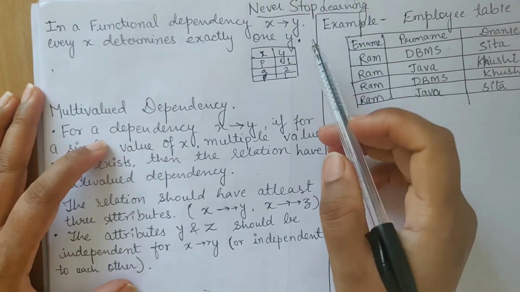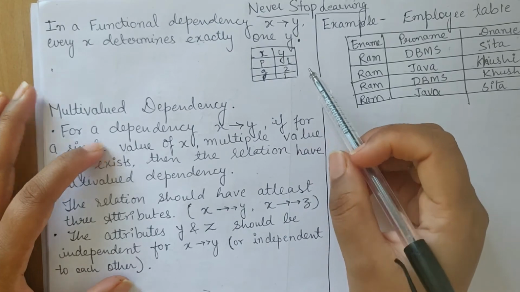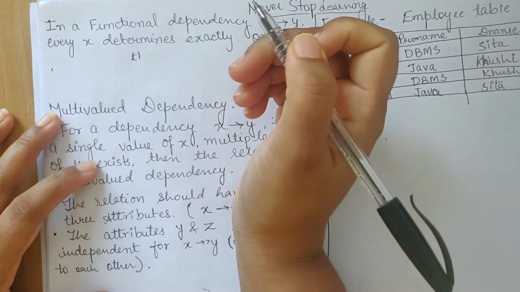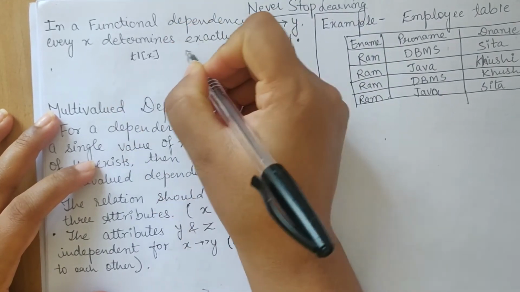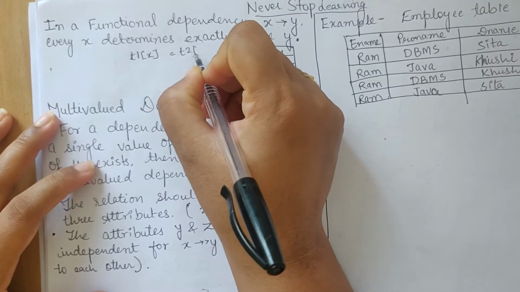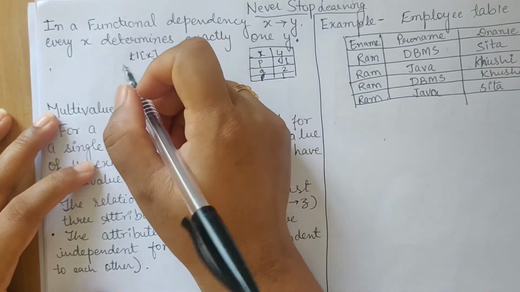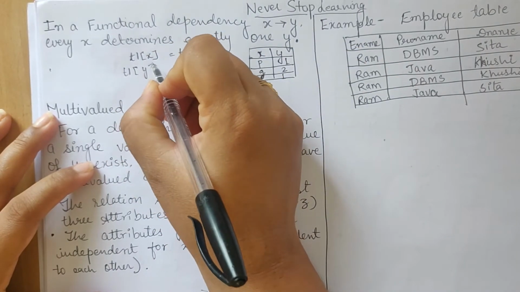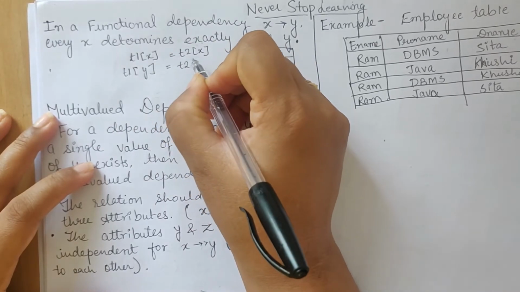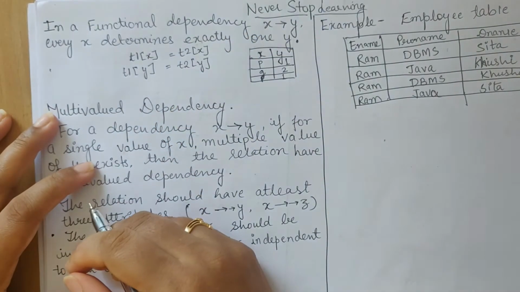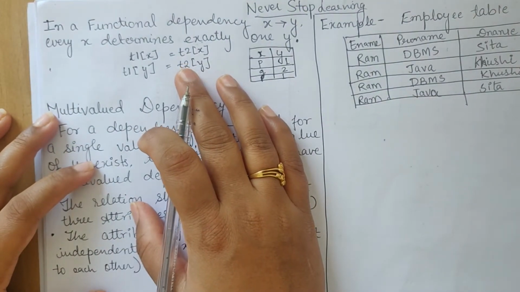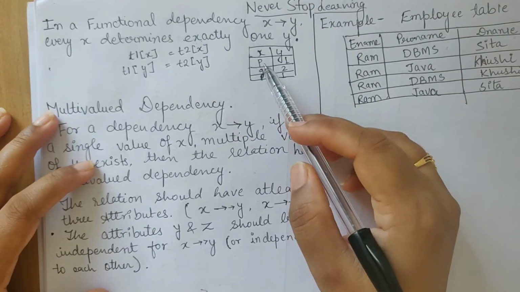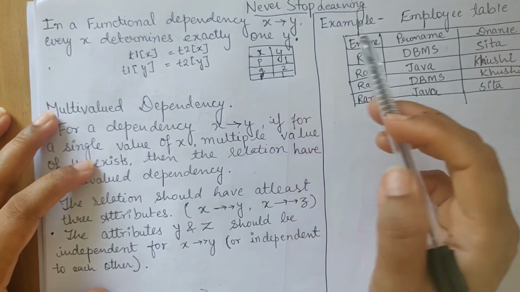So in the lecture on functional dependency, this was the first thing we understood: if there is a functional dependency X determines Y, then for every tuple, if T1X equals T2X, then T1Y equals T2Y, whatever value of Y at T1 will be equal to the value at T2. This we studied when we studied functional dependency. Ultimately, what functional dependency says is that X has the power to uniquely determine Y.